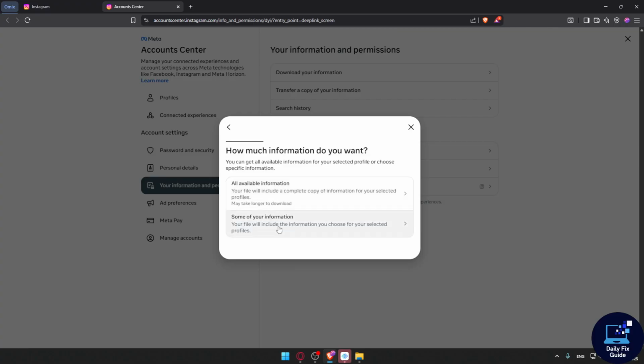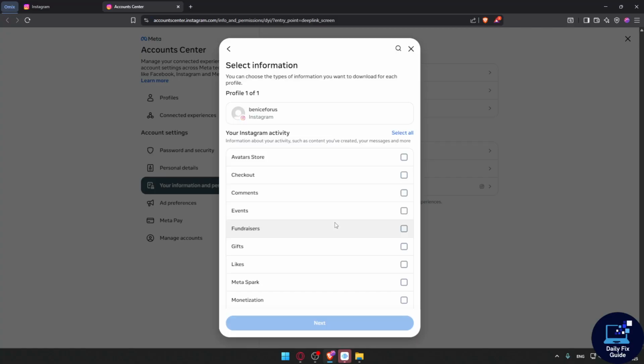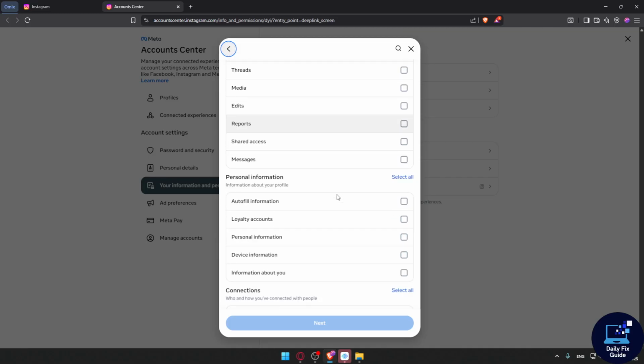Here you can find some of your information. Your file will include the information you choose for the selected profiles or all information. You can choose this option and look for messages, because we would like to view deleted messages. Normally you can select whatever you want, but if you want just messages, scroll down